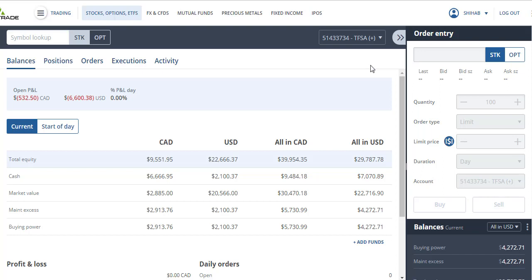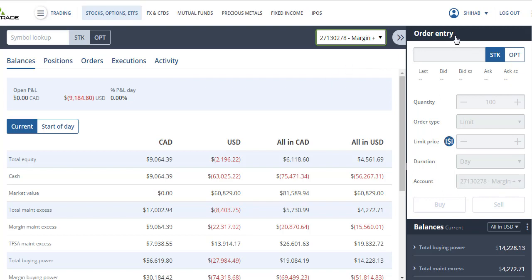So, how to place an iron condor trade with Questrade. First of all, you can only place an iron condor trade in a non-registered account, so you can't use a TFSA or RSP. It has to be a margin account. And not only that, but with Questrade, you need to register with level 2 or level 3